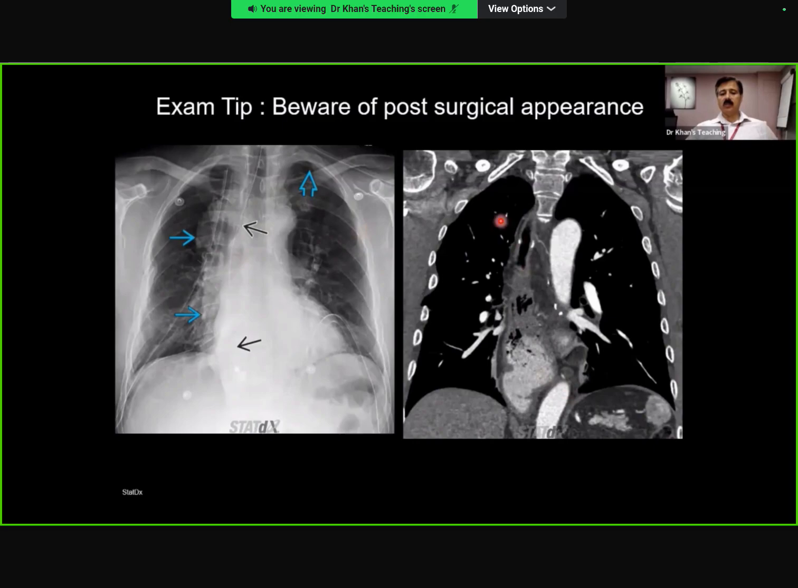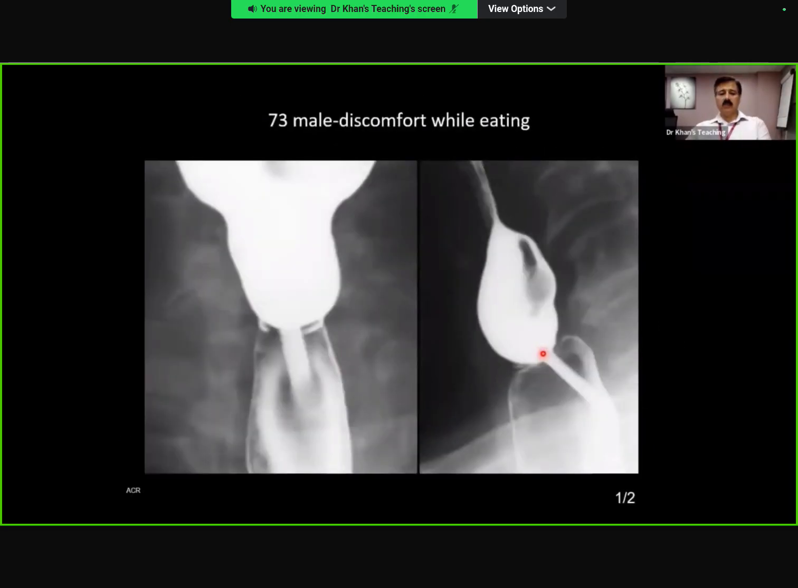Remember post-surgical appearances. This is a CT. Okay, we stop here, 5 minutes break, and when we come back, then we will